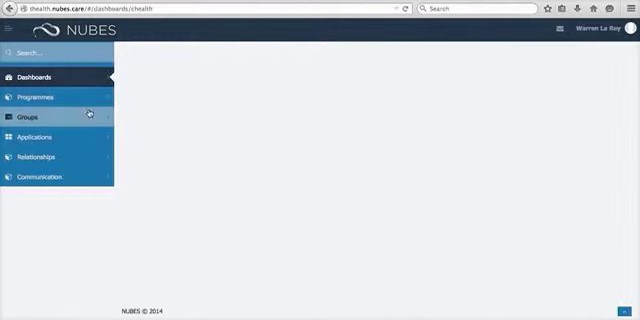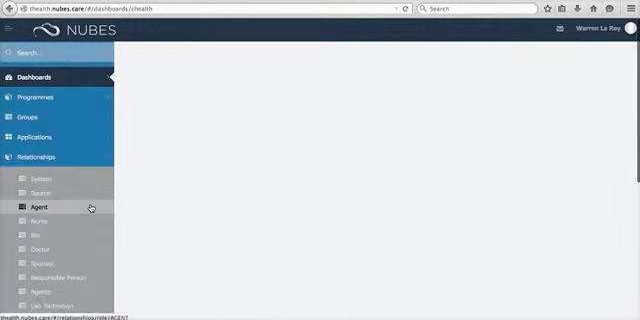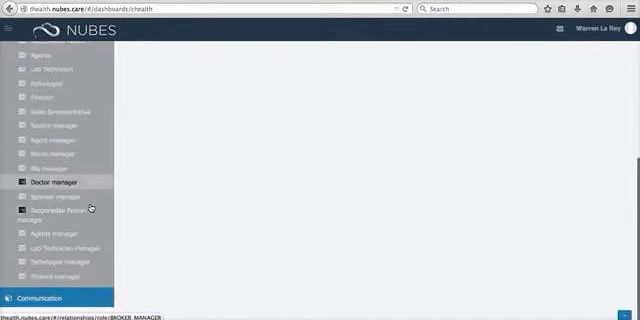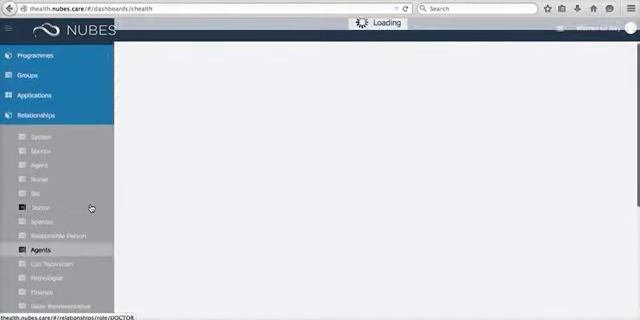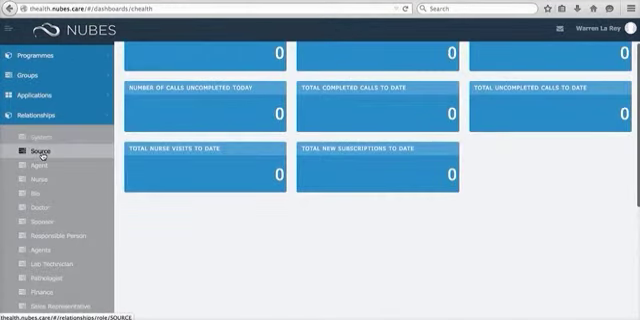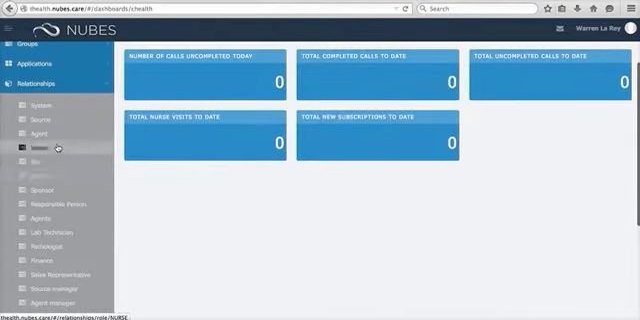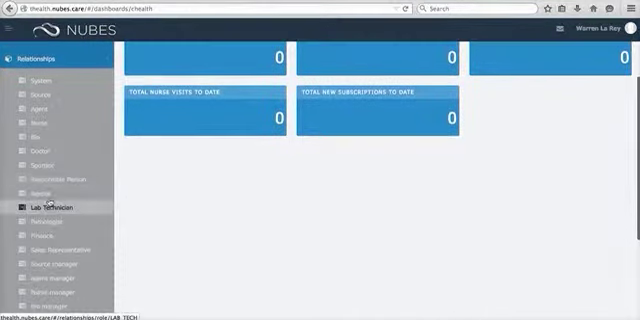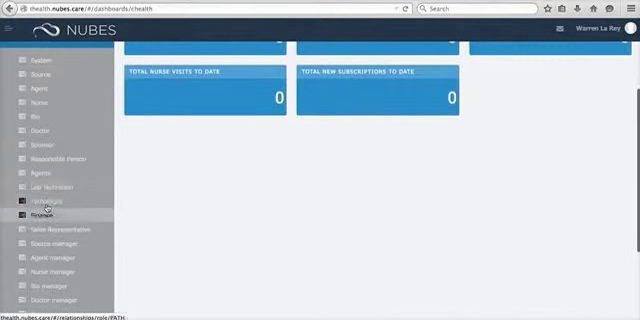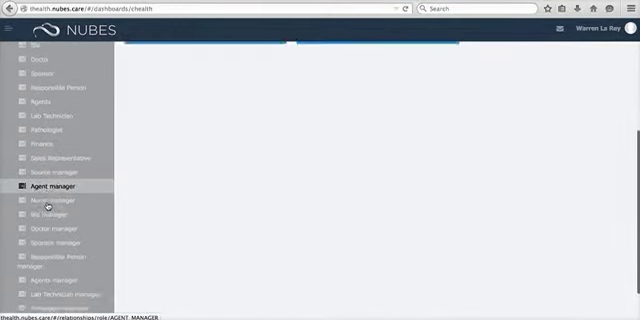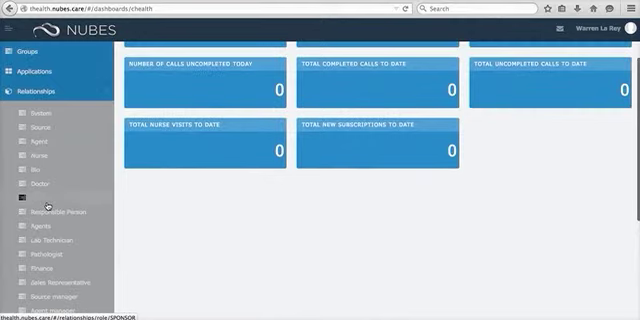To load a doctor, you will go to relationships. As you'll see, there's a list of different players that interact with a client. So here you'll just go find the player that you want to add. We are going to go through a doctor, but you can see there's a list of different players on the system. To load a doctor, you go and find doctor, click on the option,